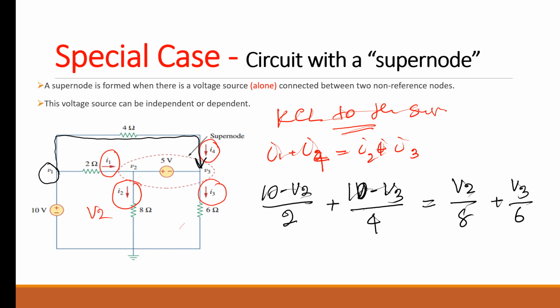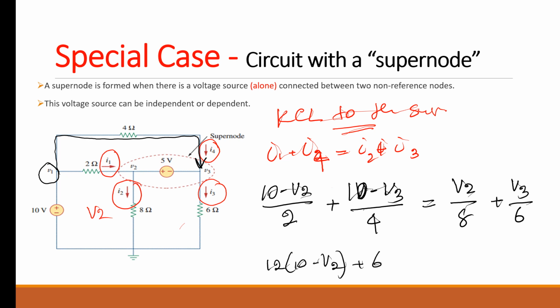Now we have an equation with V2 and V3, so we can simplify this one first. So we get the common denominator 8. So 4 times (10 minus V2) plus 2 times (10 minus V3) is equal to V2 plus... we can't take 8, maybe we need to take 24 as the common denominator, sorry about that. So let's take 24, 12 times (10 minus V2) plus